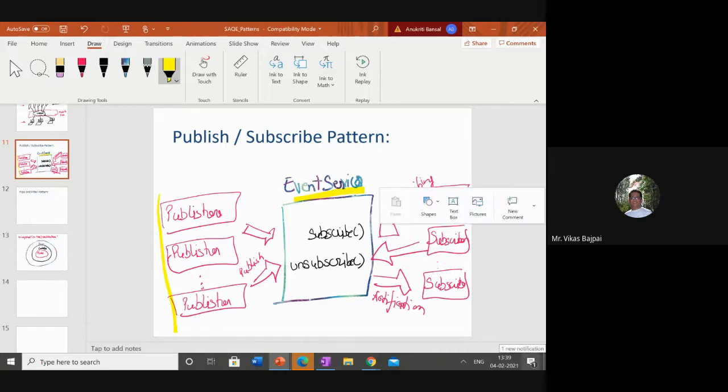Now I expect some examples from your end. Right, Ramit, very correct. Very correct. Very correct. So Shivam, Siddharth, yes. So RSS feeds, a very popular one based on exactly this publish subscribe with not an iota of deviation. Now the question is, how many of you are aware about RSS feeds?